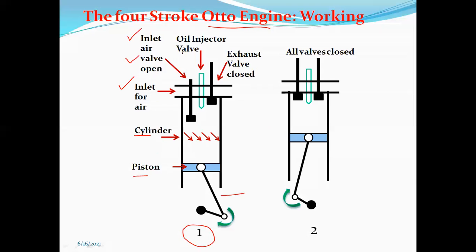Then at the center, the oil injector valve, that is spark, similar to a spark plug, then the exhaust valve, which is closed. Okay. So here is the direction of the arrow indicating the motion of the connecting rod and the crankshaft. Now in the second stroke, all valves, that is inlet valve and exhaust valve, both are closed. Now in the first case, the direction of this shaft is like this. Now it is compressing the fuel mixture. It is compressing the fuel mixture in the second diagram.